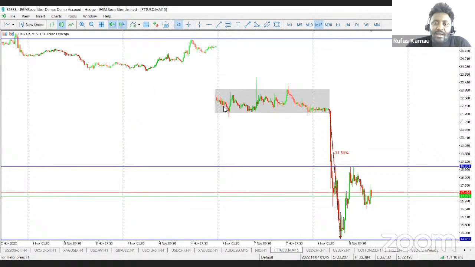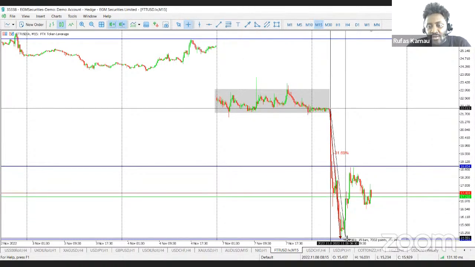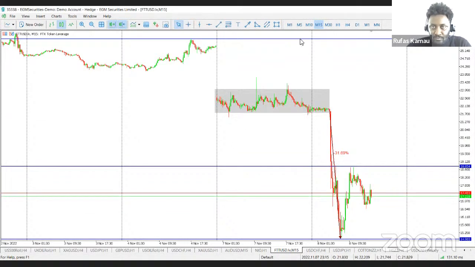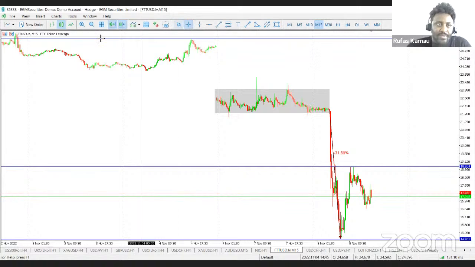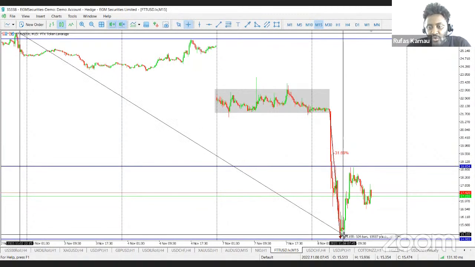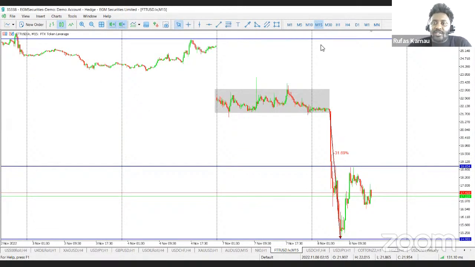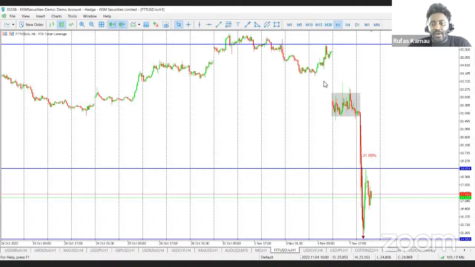Then yesterday, the market traded in a sideways manner. Nothing much was happening. Then earlier this morning, we saw another plummet, the market basically dropping from these levels all the way down, which was about a 32% drop. Combined together, from the highs that we were seeing last week to the low that we saw today, this is a 42.38% drop. And this is quite significant. It's making all the news in the cryptocurrency spaces today.